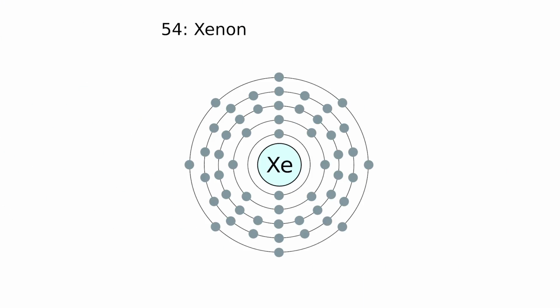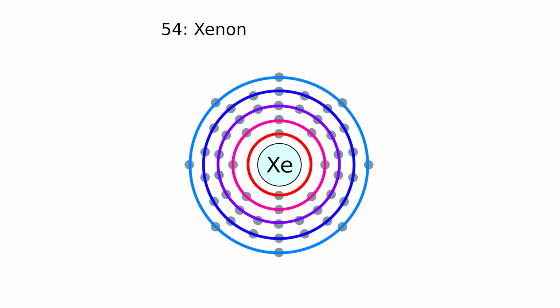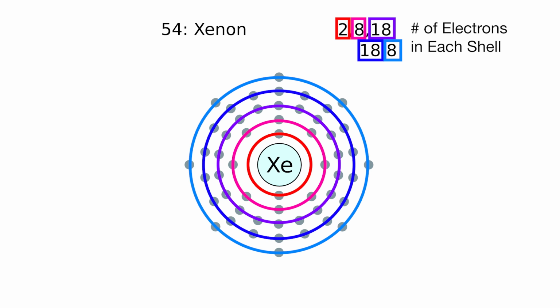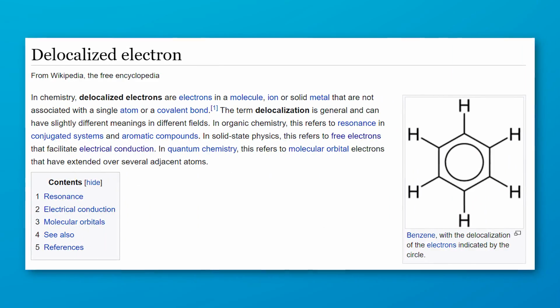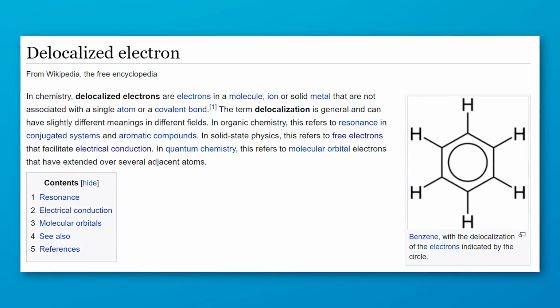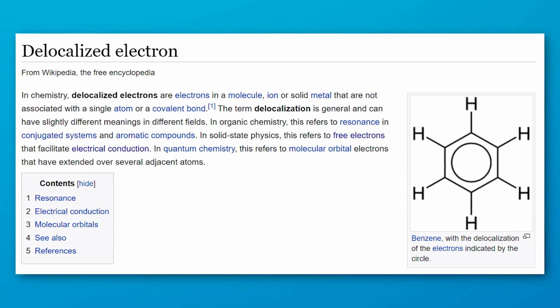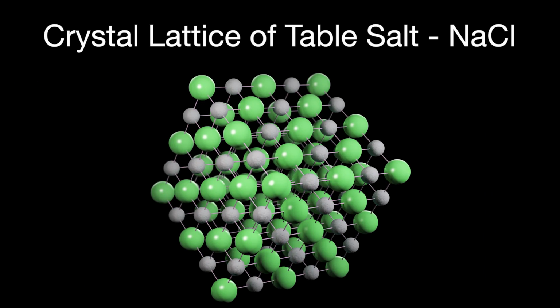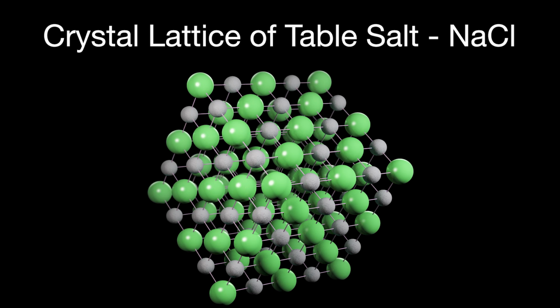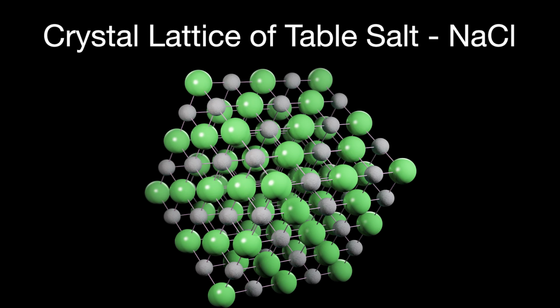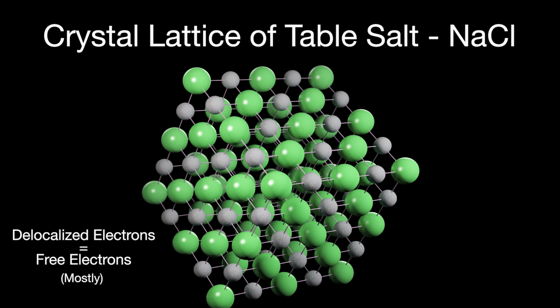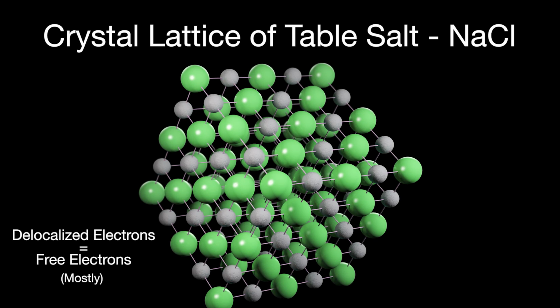All right, so you might remember from school that atoms have layers of electrons surrounding them called shells, and how each shell has different levels of energy depending on how close they are to the nucleus. You may also remember that electrons can actually be shared between atoms, for example with covalent bonds. However, electrons can also be what is known as delocalized, which means that they're not really closely associated or stuck with any atom in particular. So if you have a crystal lattice, basically an organized structure of many molecules near each other, these molecules may sort of share electrons and pass them around. These are also called free electrons and are often a big factor in how electrically conductive a material is.